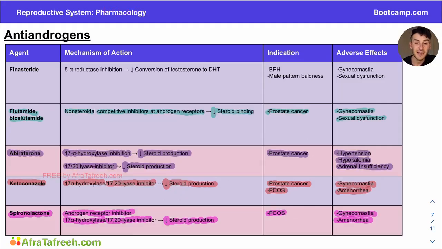So let's move on now finally to talk about finasteride, which I told you we were saving for the end, and I'm going to highlight finasteride in two colors. I'm going to make it half red and I'm going to make it half green. And this is because I think of finasteride as both an agonist and antagonist depending on how you look at it. And this is because its mechanism of action is 5-alpha reductase inhibition, which is going to lead to decreased conversion of testosterone to DHT, which happen to both be androgens.